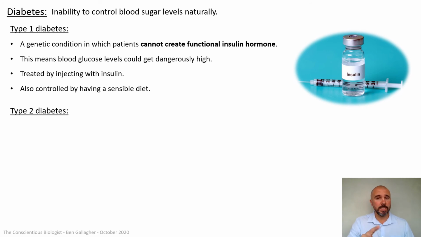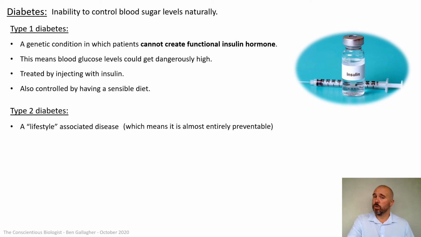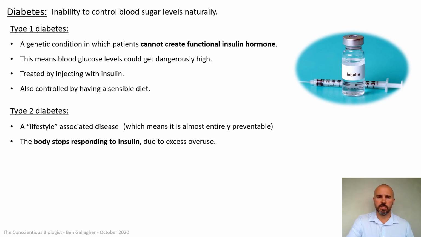Okay, so that's type 1 diabetes. It's genetic, where you can't create functional insulin. Type 2 diabetes is massively on the increase, very sadly, and it's a lifestyle associated disease. In other words, it's almost entirely preventable, meaning people develop type 2 diabetes through things that they have chosen to do through their life. Now, they won't have made those choices going, I'm going to choose them anyway and get type 2 diabetes. But it's a lack of education, people perhaps not being aware enough of the risks they're putting themselves at through certain lifestyle choices. So what you've got in type 2 diabetes is where the body stops responding to insulin due